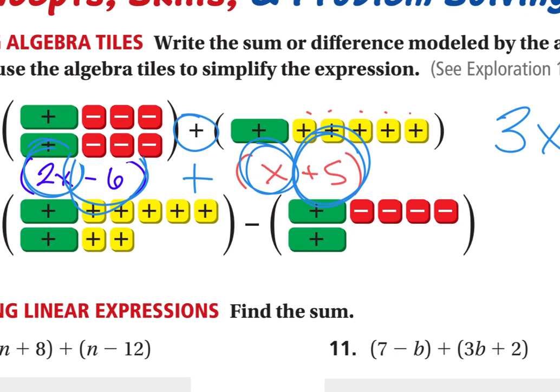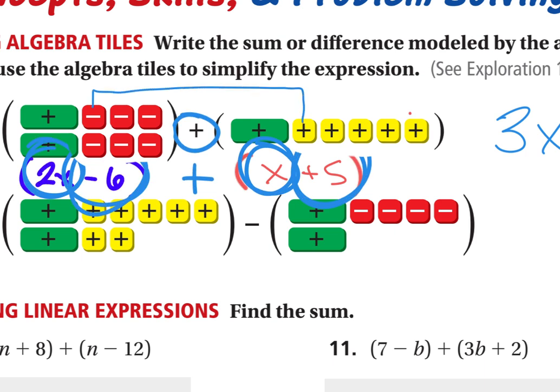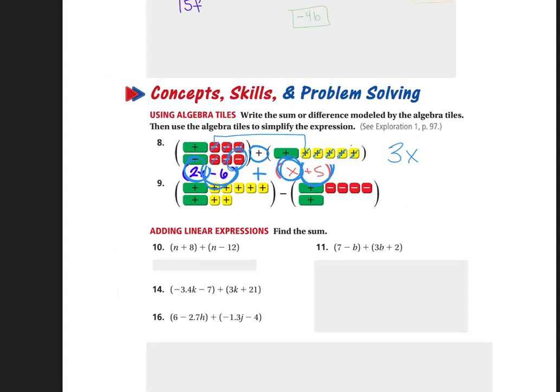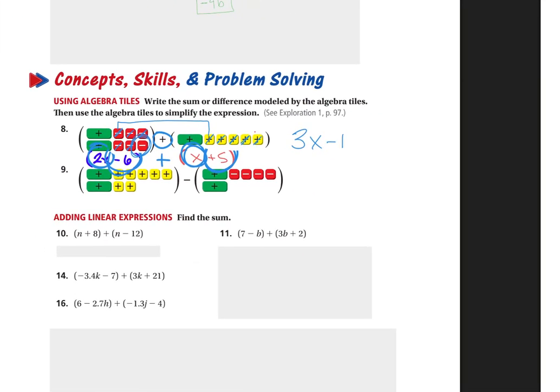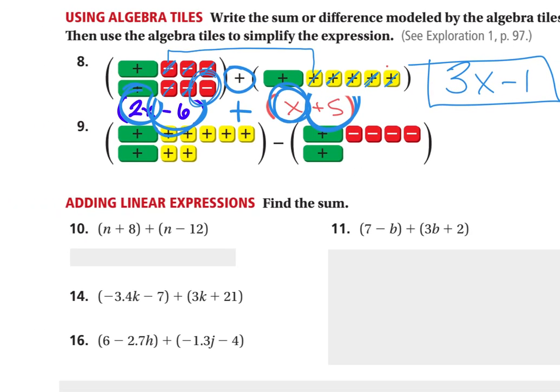Just go back to what we did with algebra tiles. Let me erase that real quick. If you combine this tile and that tile, remember what happens? They cancel each other out. So you can go back and forth. Cancel that one, cancel that one, cancel that one, cancel that one, cancel that one, cancel that one. We have a -1 left over. So the answer for number 8 is 3x minus 1. Number 9,